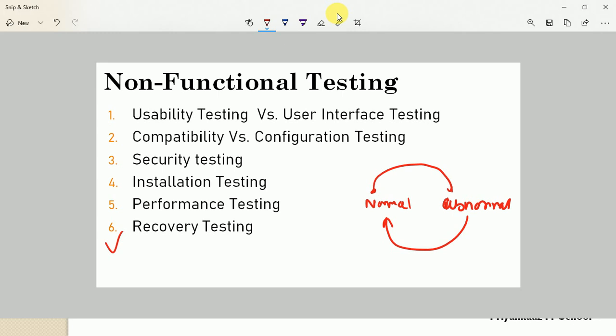I mean, this recovery point we can identify during recovery testing. So how the software recovers from that failure point, whenever it goes from the normal to the abnormal state, that is all about recovery testing. Suppose we are downloading a file, and suddenly the network connection is lost. So how the system performs the downloading operation after the network connectivity recovers, this is what recovery testing is. For this non-functional test, the tester can prepare test cases, and automation tools are available to perform all these testing types, and we need to focus on this point because this topic is very important.